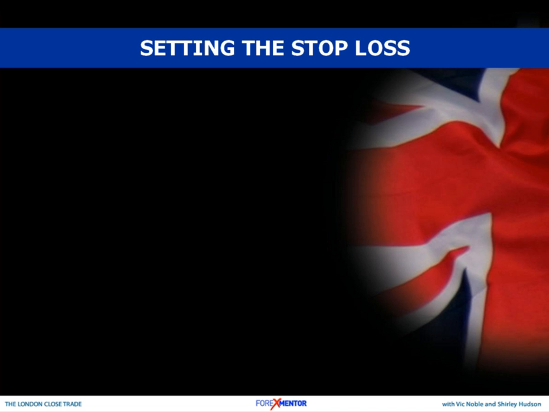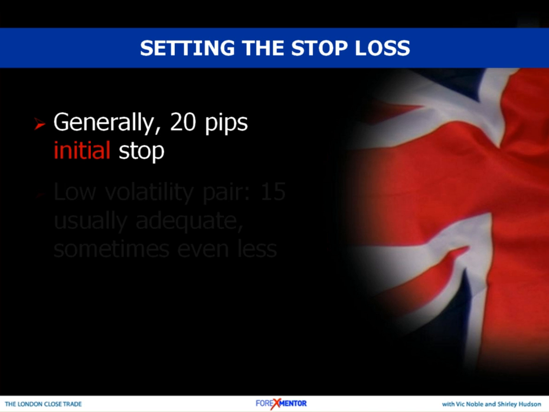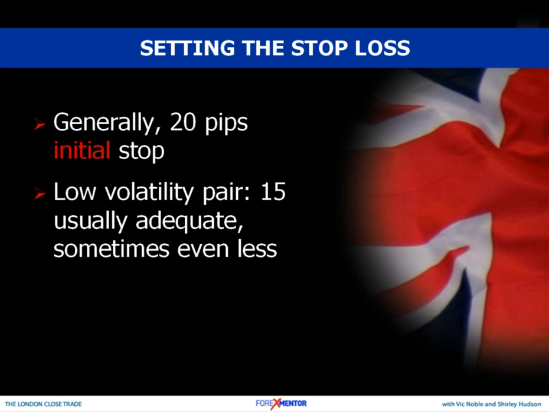Let's talk about setting some really important stuff now, stops and profits. And first, stops. As a general rule, we like to use about a 20 pip initial stop, but in the case of a very low volatile, low range currency pair, 15 pips is adequate, maybe even just 12 pips if it's really low. What we like to see is that the stop is below the low of the wave that